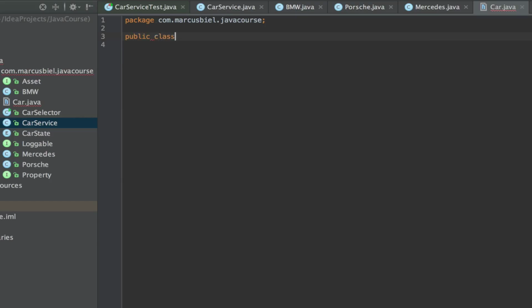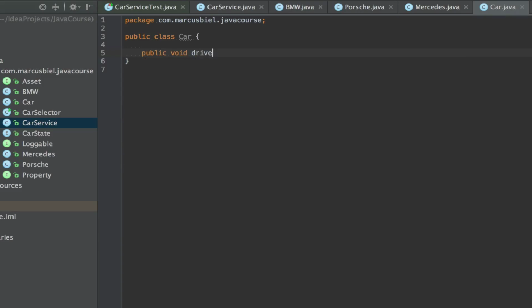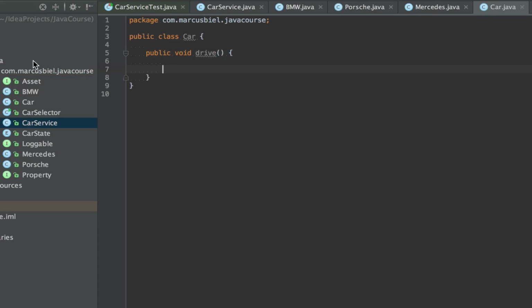So let's say public class car, and then opening and closing curly brace, and now public void drive. And then in here we could do something. Well, the problem is if we do it like this, it is not going to work, because then all the different types will have to drive the same way. But this is not what we want.